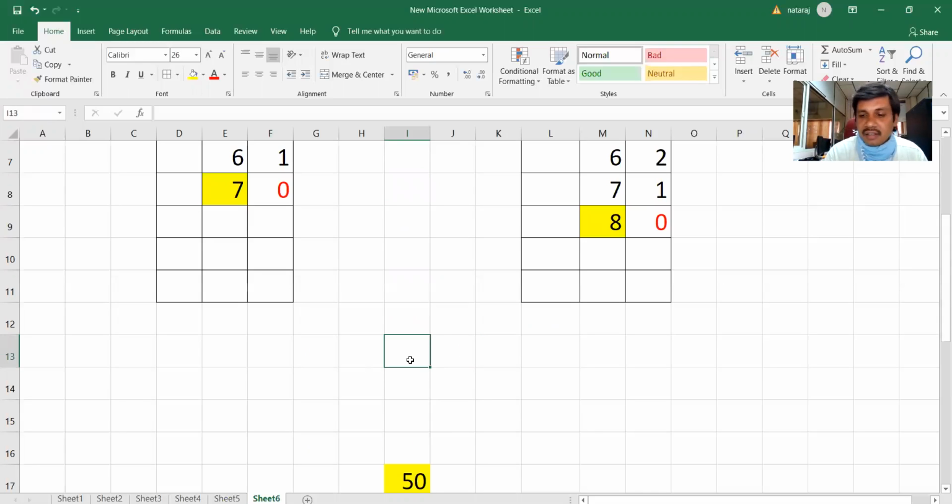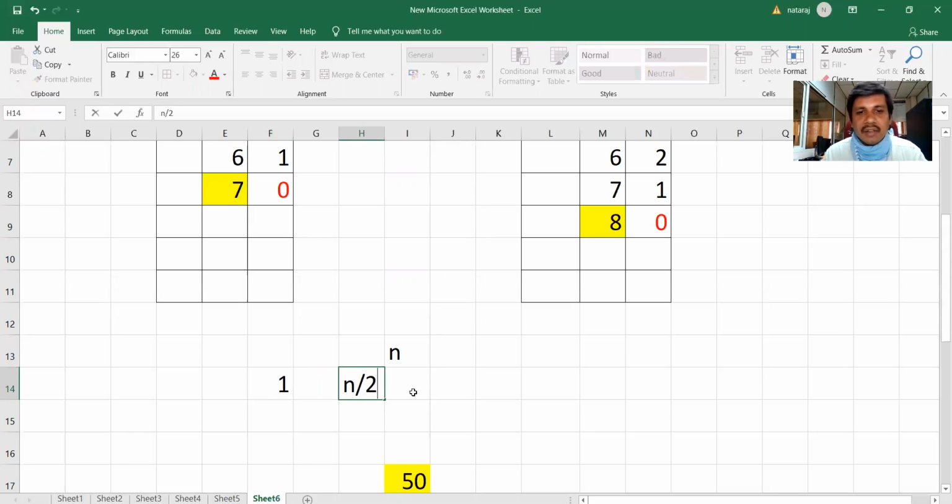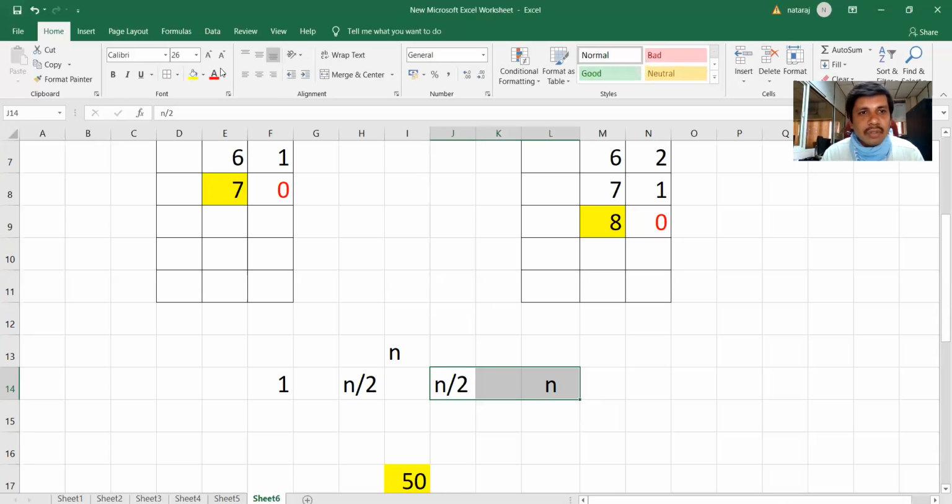Say this is n, you will have factors from 1 to n by 2 only, but you will not have factors from n by 2 to n. Ikkada factors undavu. No way you will have factors. And all the factors will be here only.